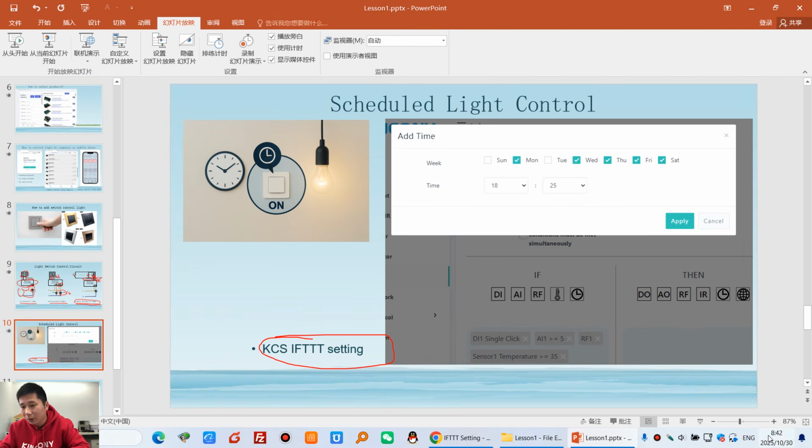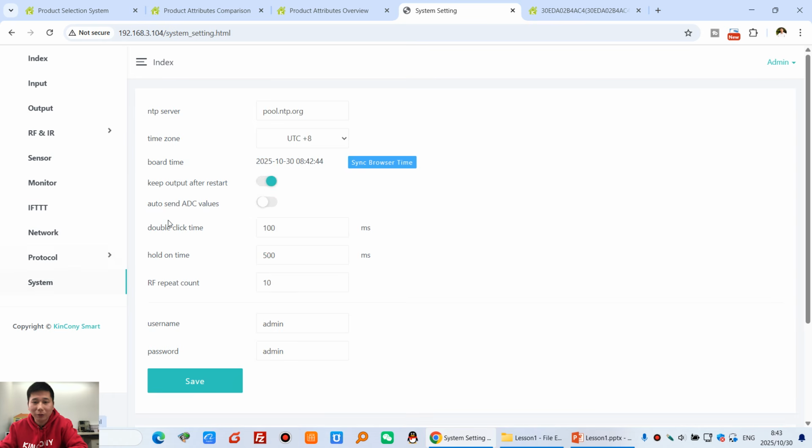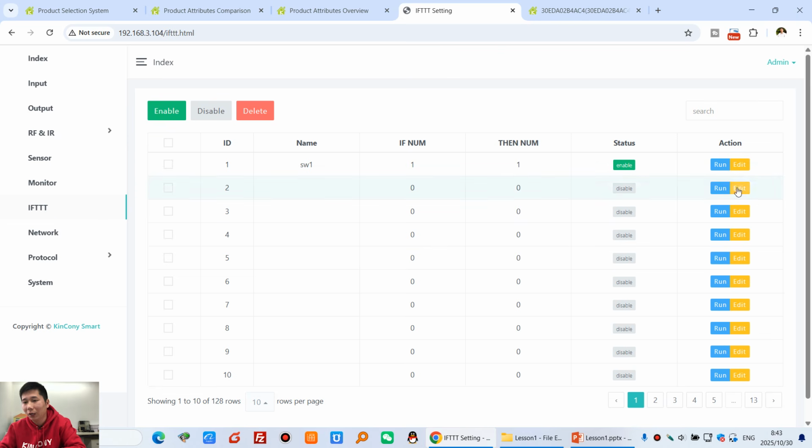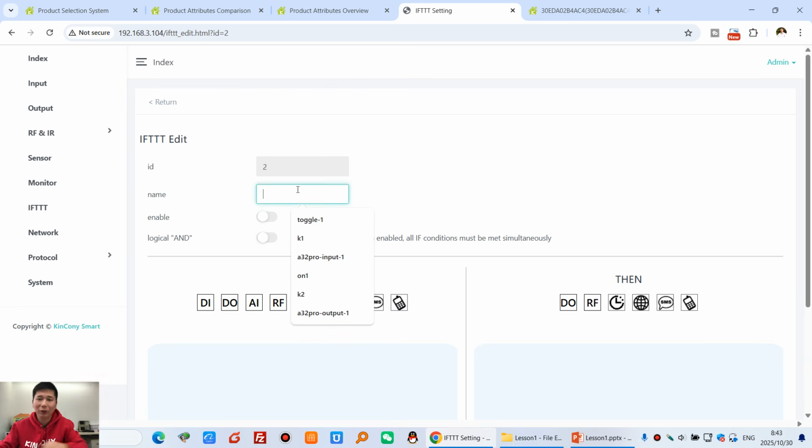And you can see this is time 8:33, and in our system you can see the time I have set before. I want it to turn on at 8:34, toggling this relay 1. So you can see I can test it with an IF-THEN rule, and as the second IFTTT rule,